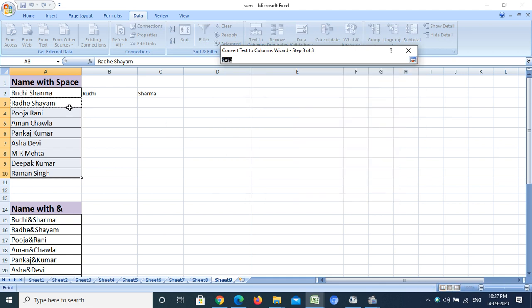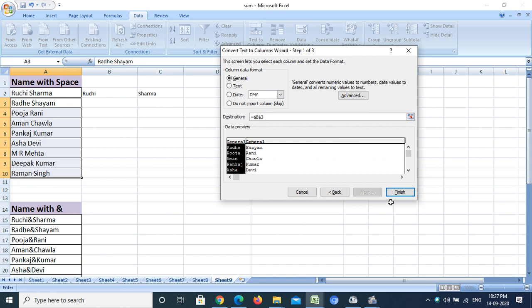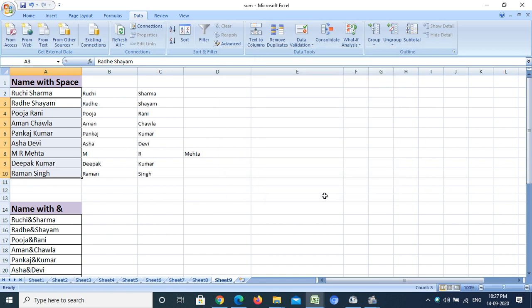I am going to select the location. After that, I just click on the Finish option. Now see, it separated my text. Whenever the space occurs, it created different columns. Here you can see there are three columns because after M there is a space and after R there is another space.